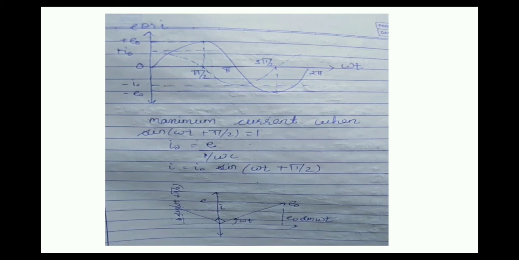Now talking about the phasor diagram. The phasor representing peak EMF makes an angle omega t in the anticlockwise direction with respect to the horizontal axis. As the current leads the voltage by 90 degrees in a purely capacitive circuit, the phasor representing I0 is turned 90 degrees anticlockwise with respect to the phasor representing EMF E0. The projections of these phasors on the vertical axis give the instantaneous values of E.